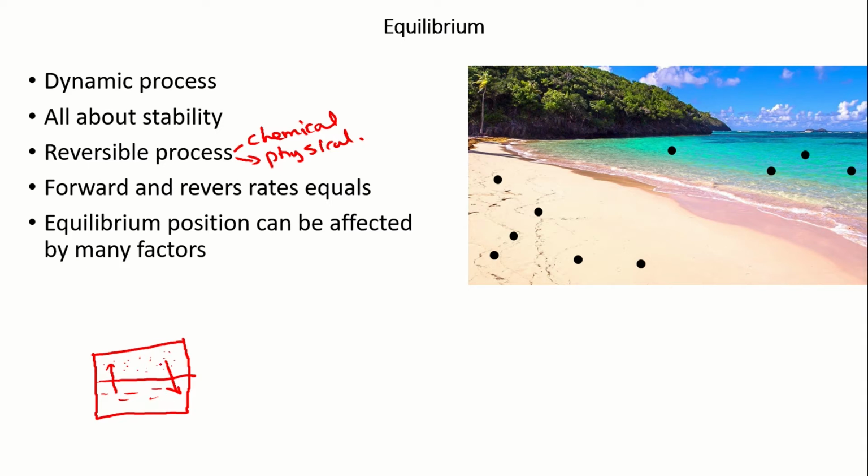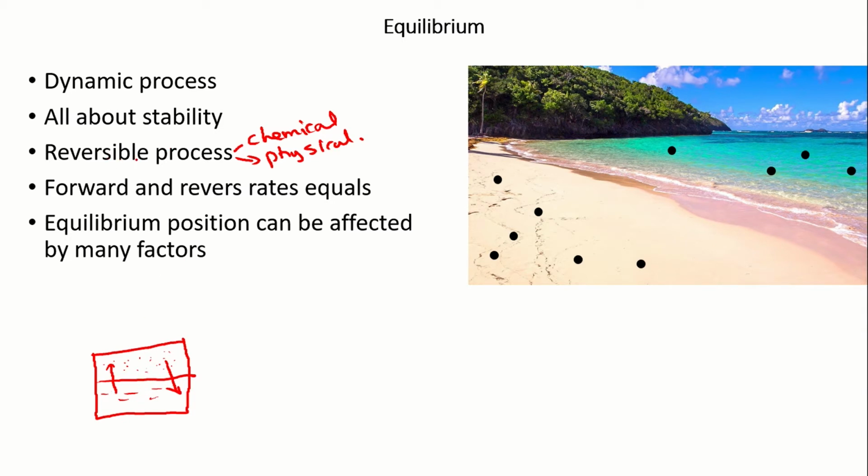Now evaporation and condensation, you know, they are physical processes. Why? The identity of the material doesn't change. You still have the same material, water in the liquid form, water in the gaseous form. Still it's H2O, only the physical state changed, not the chemical identity. So evaporation and condensation are physical processes, and when the speeds of evaporation and condensation are equal, we call the system to be in equilibrium.